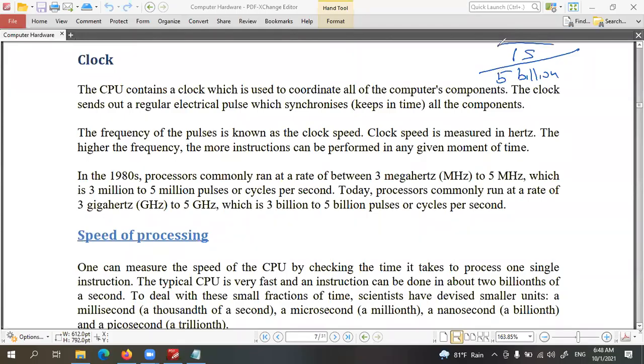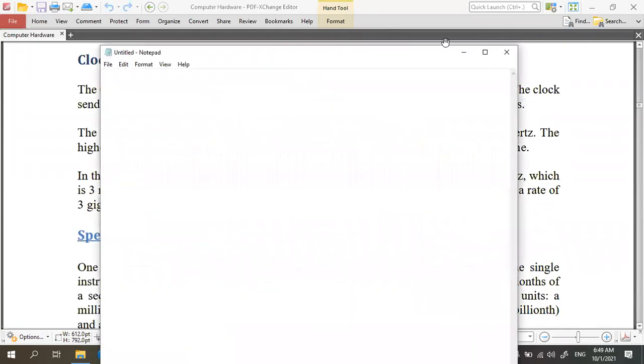So depending on this value, the speed of the computer will be decided. Actually, what happens here in this clock is that it will generate a clock pulse, like this.